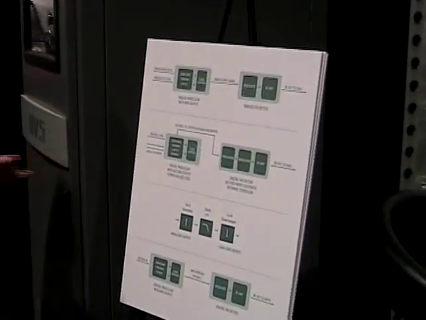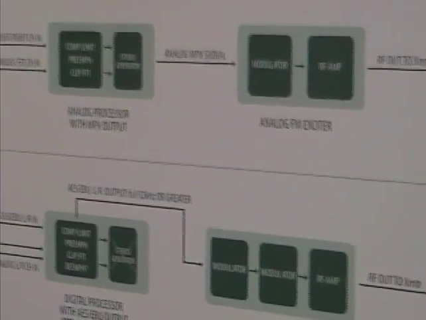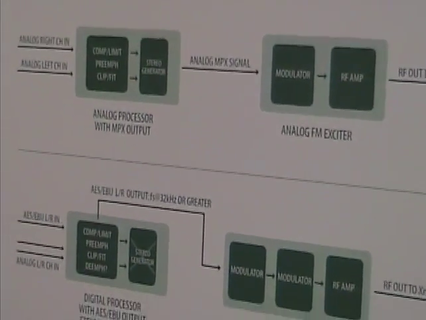Here are a couple of simple diagrams as to how the connection between audio processor and exciter has generally been done in broadcasting all this time. Probably the most common is the audio processor with an analog composite output, and that's the 53 kilohertz, what we call the MPX or composite signal, that's generally connected utilizing a BNC cable from the output of the stereo generator, or if it's an independent stereo generator, into either an analog exciter or a digital exciter that has an analog